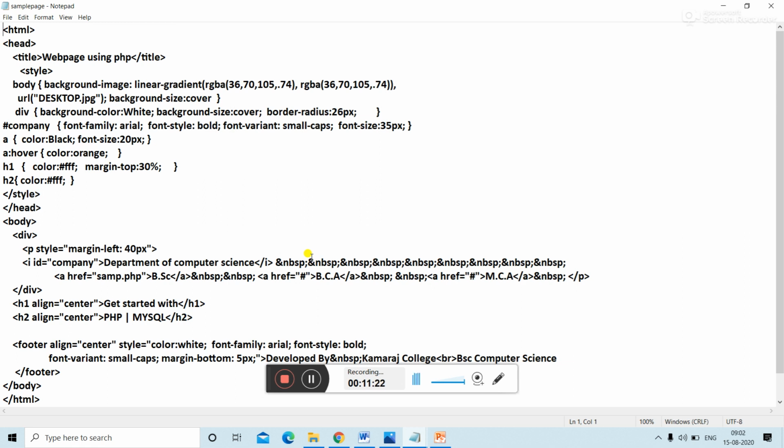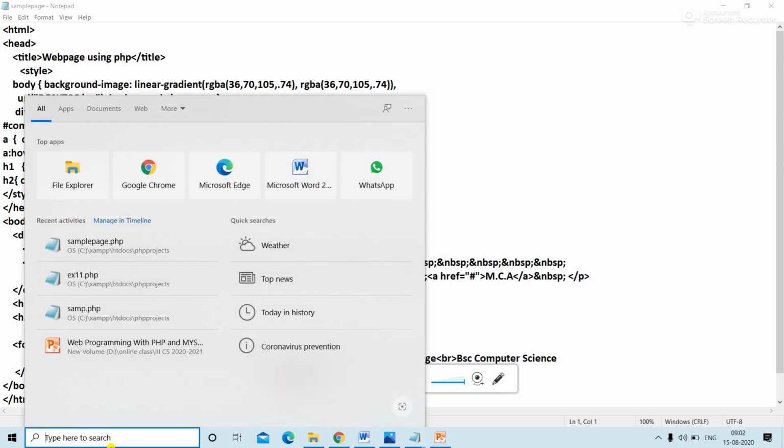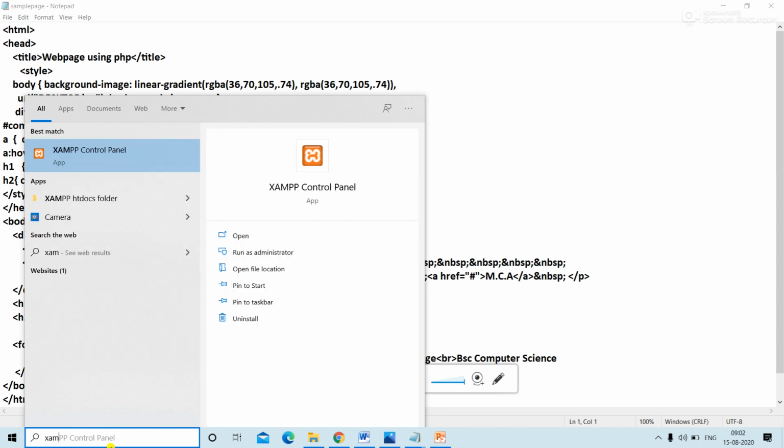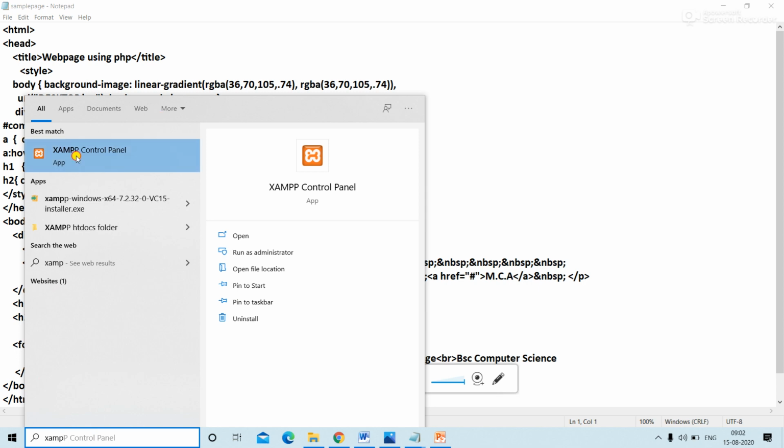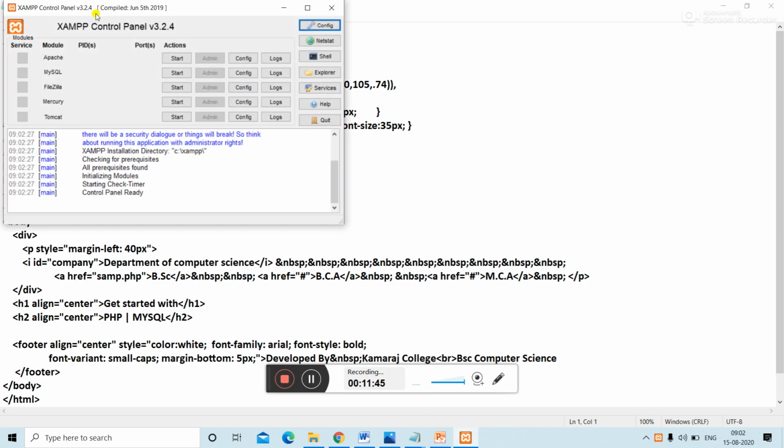Then before running the application, we make sure that the Apache server is started. To check that, we have to open xampp. It is not started, so we have to click on this button. Then similarly we have to start MySQL.